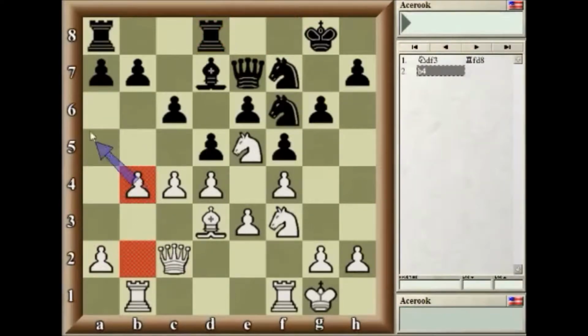And so now notice that we're just taking away more squares, and maybe even in the future a4 could also be played. So we're actually taking away more squares from our opponent and having a better space advantage, and hopefully convert that space advantage. So b4,